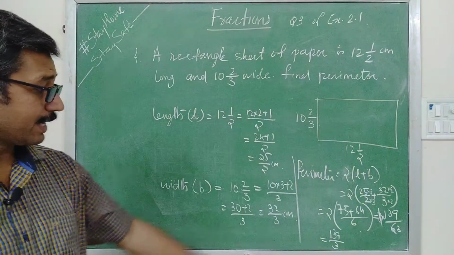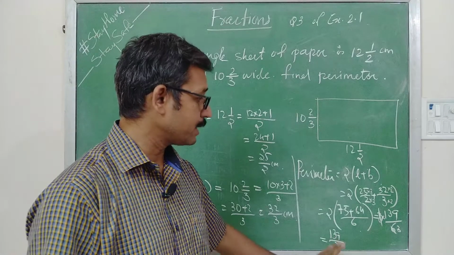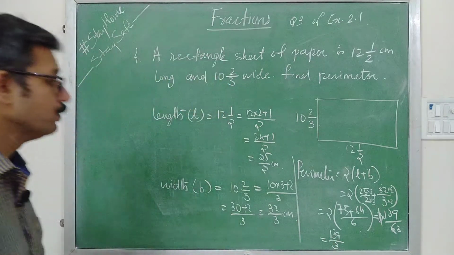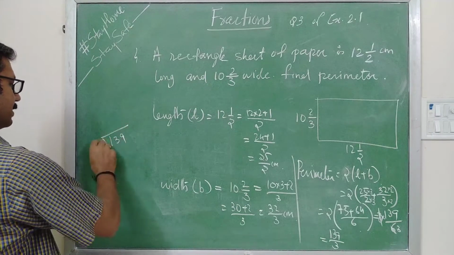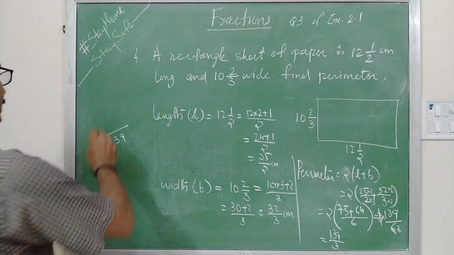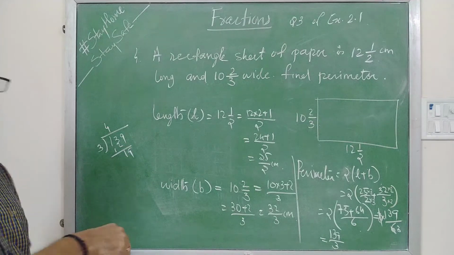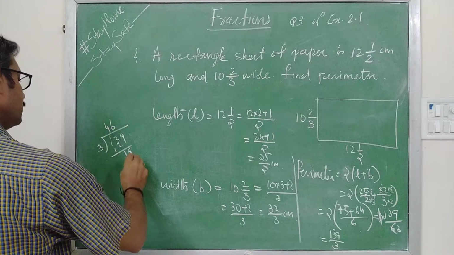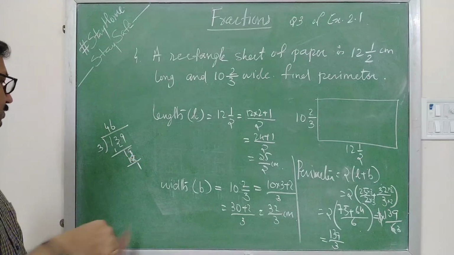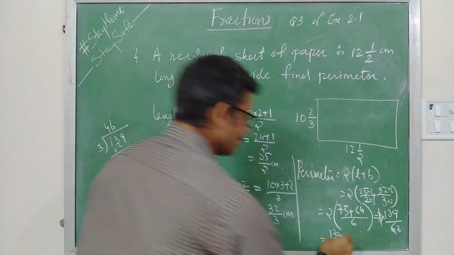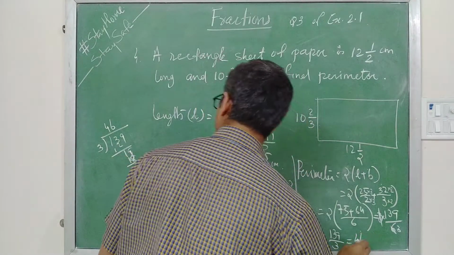Now you know that again it is an improper fraction. In order to convert the improper fraction into a proper fraction, what will you do? We can do it as 139 divided by 3. 3 4s are 12, 3 6s are 18. What is the remainder? So how can we write this? We can write it as 46 integer 1 upon 3.